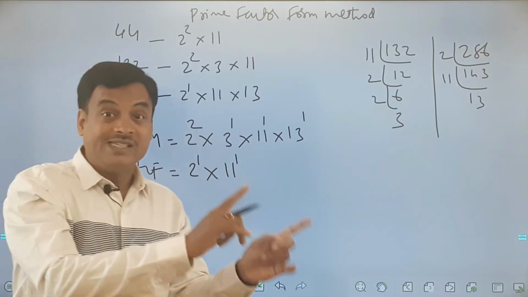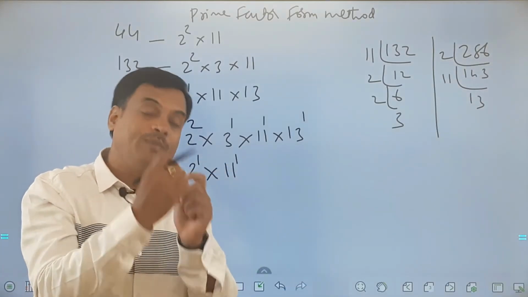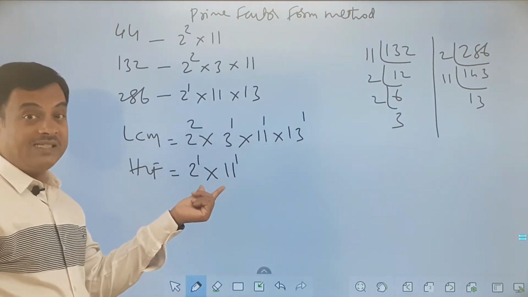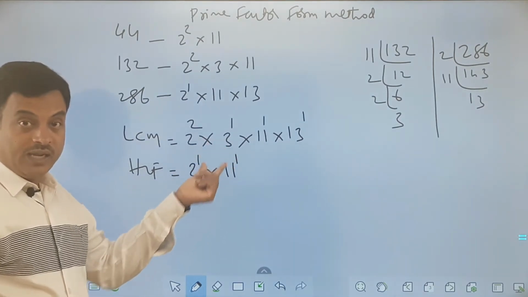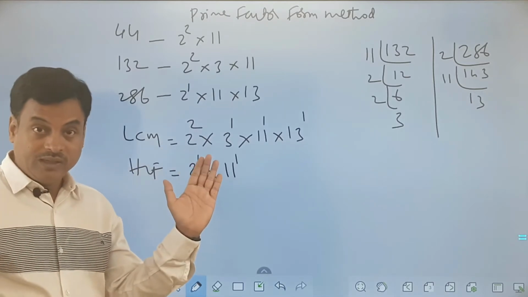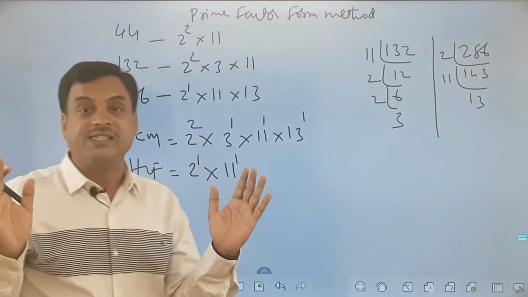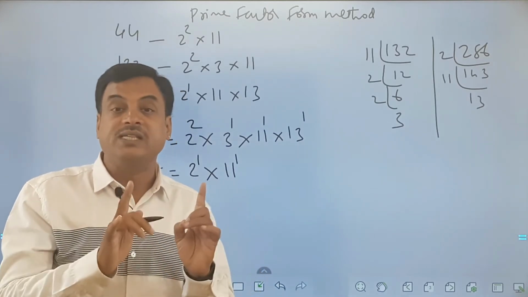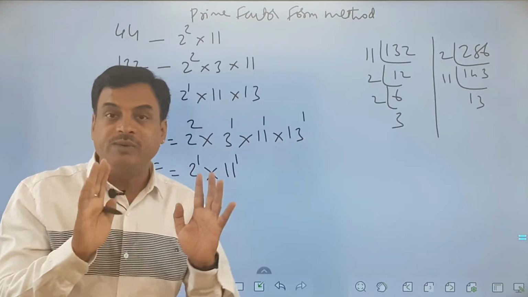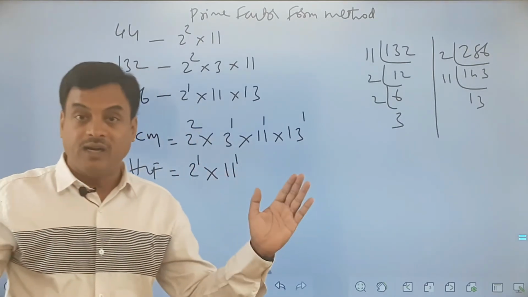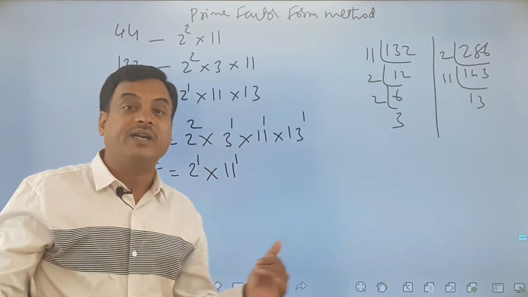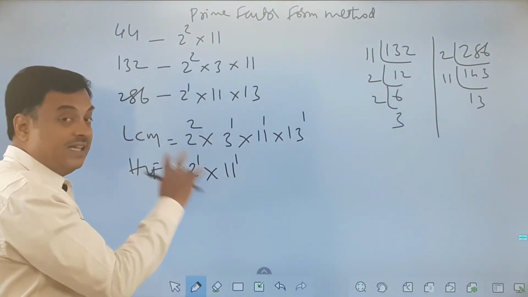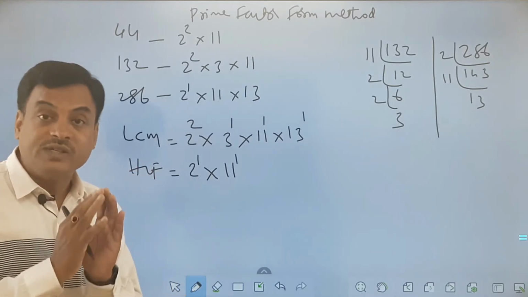Now the points which I said in this video earlier, I'll repeat once again with the proof. First proof, LCM is greater than HCF if you see. Okay, it's a bigger value. LCM is a big number. So don't go by the first letter of LCM. LCM means least. It's not least of the given numbers. It is least among common multiples. So LCM is not going to be a small number. LCM is in fact a bigger number or greater number when compared to HCF. So if you compare HCF and LCM, LCM is a big number, HCF is a small number.